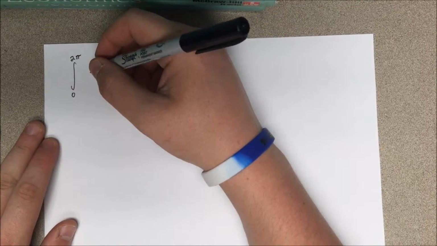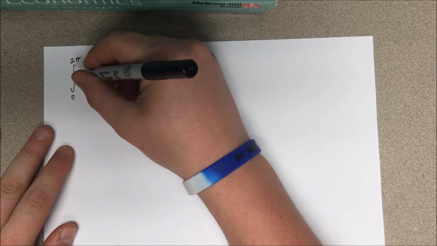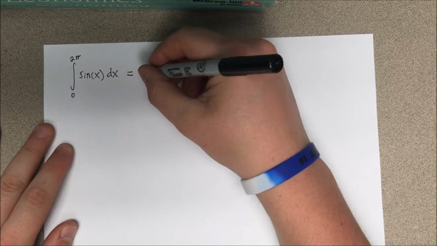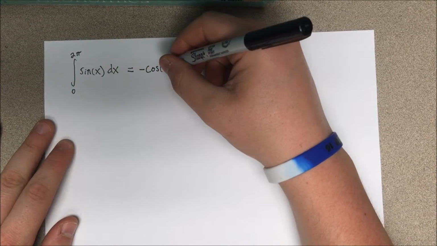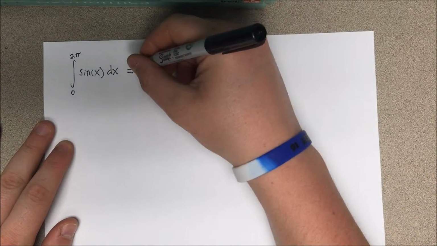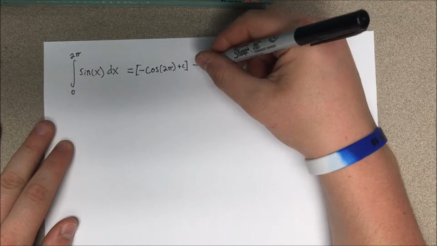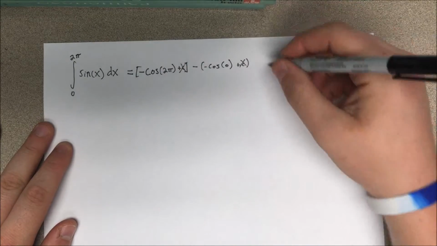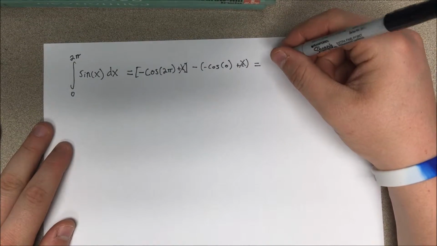Moving on to our second example problem, we have the sine of x. Now, if we take the integral of the sine of x from 0 to 2 pi, we can find that the antiderivative of sine x is negative cosine x. If we plug in 2 pi and 0 into negative cosine x, we can get the answers negative 1 and